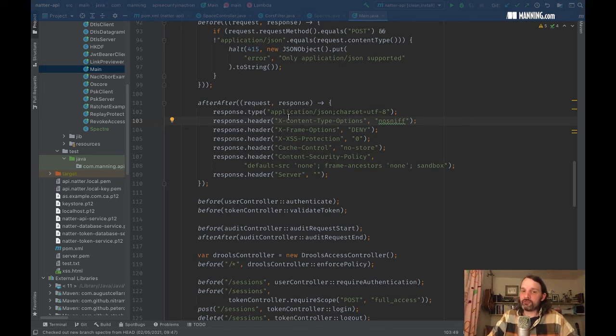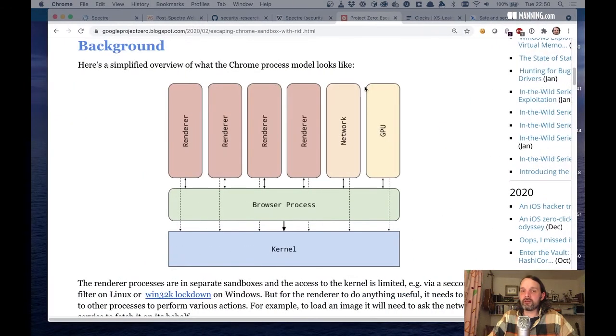And so what might happen if you're not setting the correct content type is that the browser goes off from the attacker's process. It goes and hits the network, loads your REST API using whatever cookies you've got for that user, gets some confidential data back, and it's going to come back into this rendering process